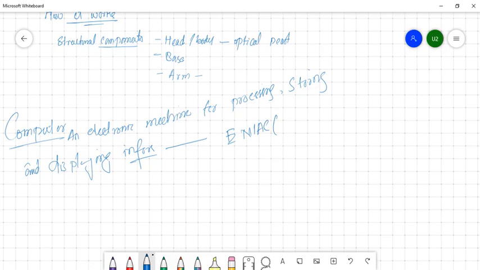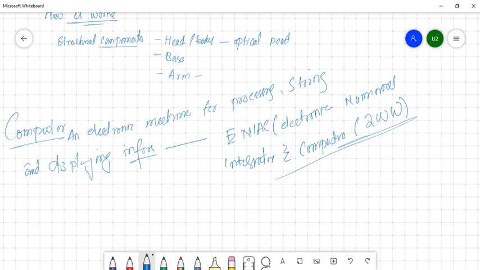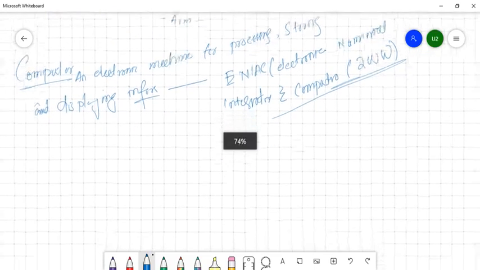It is an acronym, or abbreviated form, of Electronic Numerical Integrator and Computer, and it was developed during the Second World War. So it was the first computer,